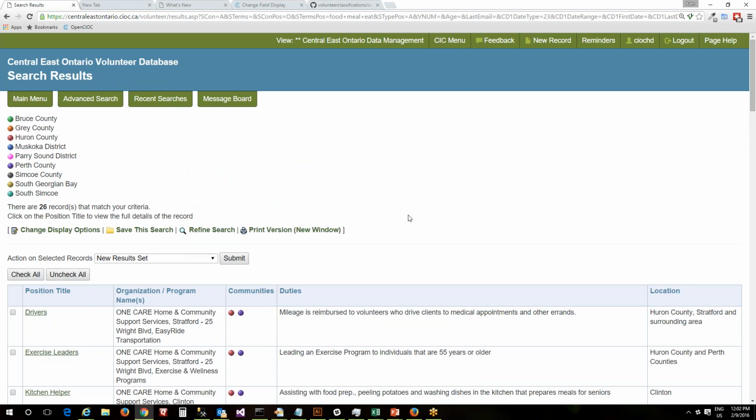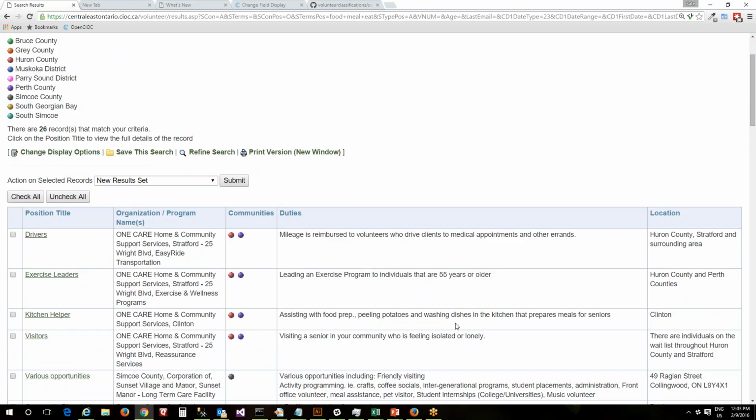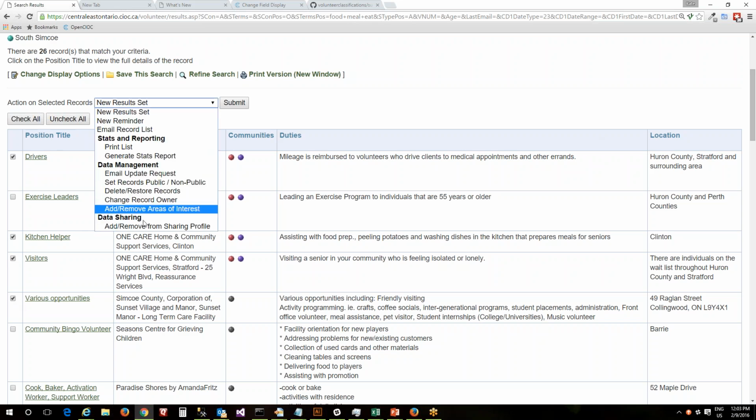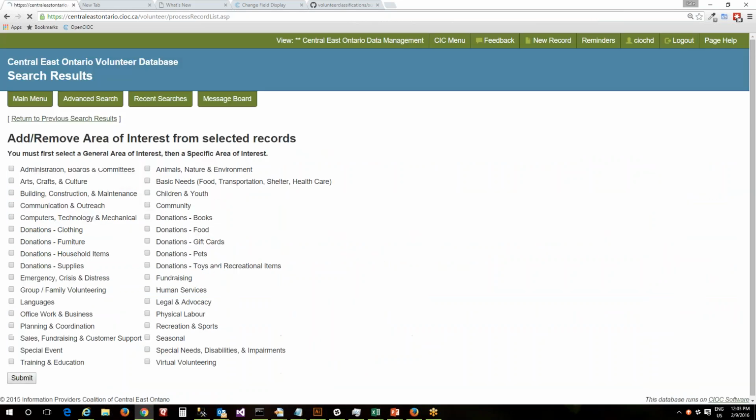So 26 instances that seem to reference something to do with eating that are not classified under that category. So this is how you go back and repair any of the positions that are not classified correctly. You pick a category that's a high value category. You look for ones that don't have it but have some keywords that would imply that they have something to do with that category. Then you can review the information, check off the ones where you want to apply the area of interest, do add, remove area of interest,